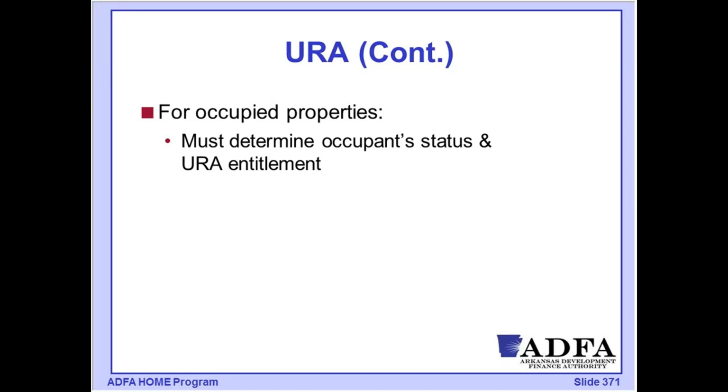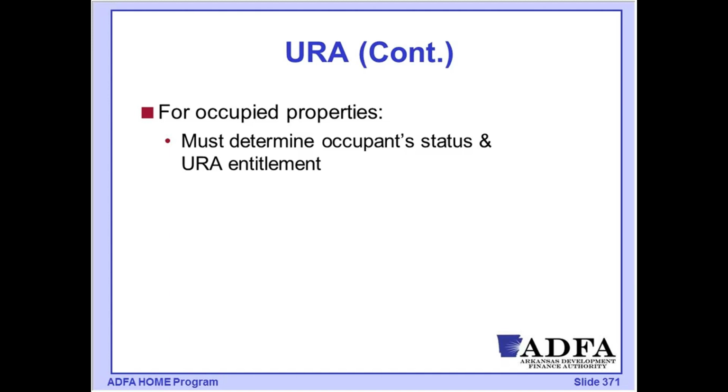So for instance, if I was running a down payment assistance program and I was going to income qualify buyers, tell them to then find a property in their community that they wanted to purchase, we'd need to make sure that before that sales agreement was executed, there would be a voluntary acquisition notice that had been completed as part of that. So when we have an occupied property, we need to determine who actually lives there. If it's the owner who occupies that unit, and we've provided that voluntary acquisition notice, we've determined they're not eligible for any relocation benefits because they're voluntarily wanting to sell their house, and we are covered on that.